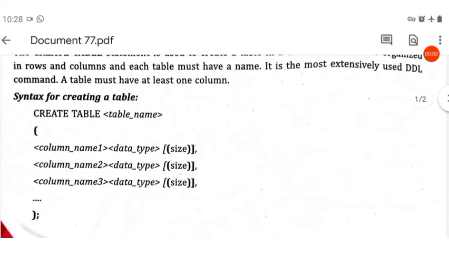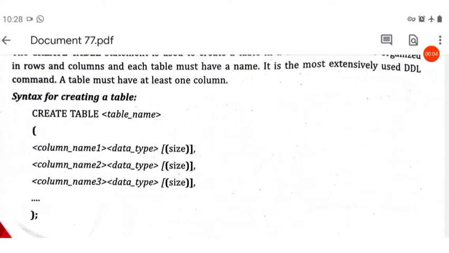Then the next column name, its data type and its size. Again the next column name, its data type and size. However many columns there are in the table, all columns with their data types and sizes should be specified. After each column's details you have to put a comma. For the last column you don't need a comma.